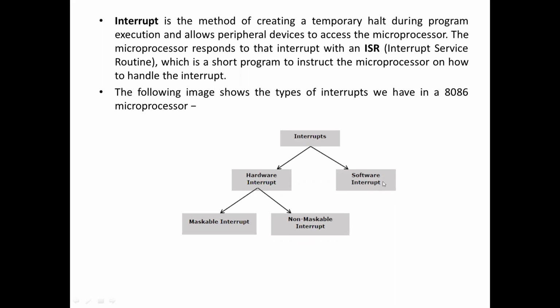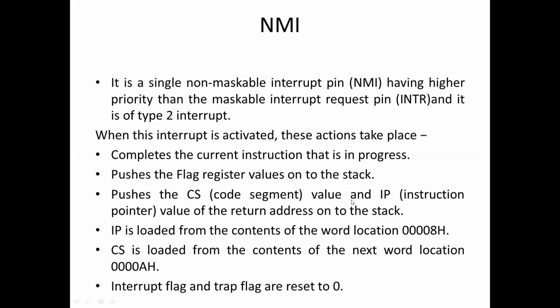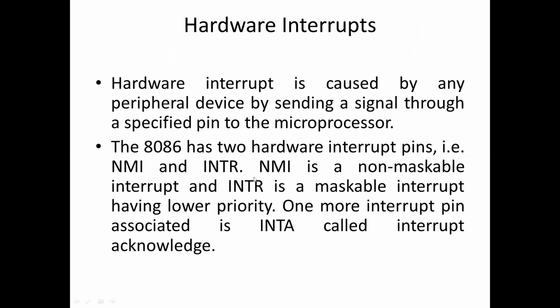In case of software interrupts, we have the RST-N instruction. In case of 8085, RST 5, which we have used in the lab also. So RST 5 was an example of a software interrupt. Maskable interrupts: INTR, and INTR is also a maskable interrupt. Now, a hardware interrupt means one that occurs from a peripheral device.